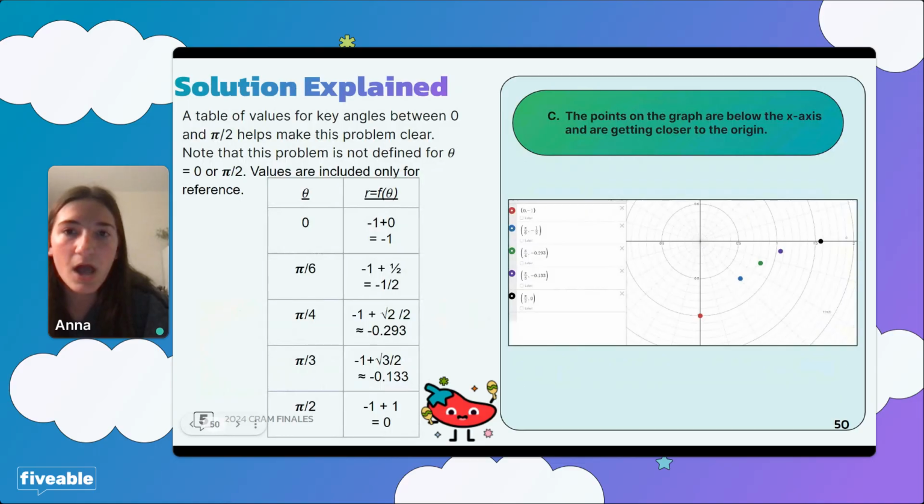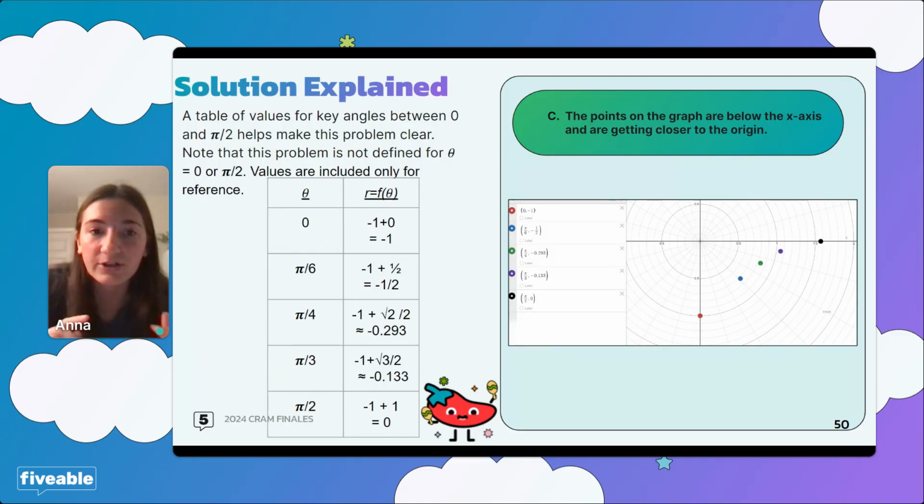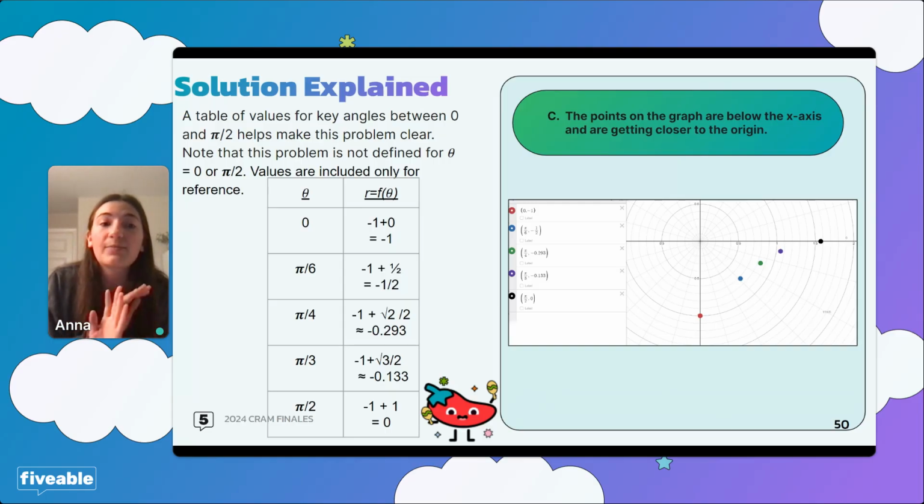We are going to cut it a little shorter. For this explanation, I'm going to run through this quickly, but the normal sine function starts at 0 and oscillates between -1 and 1, right? That normal sine function that you know. This one, we are told that it starts at -1, so that shifts it down. Now the sine function oscillates between -2 and 0, so that keeps all points below the x-axis.